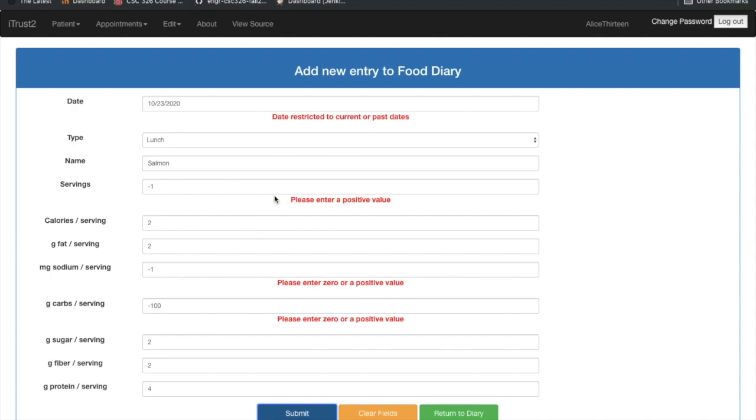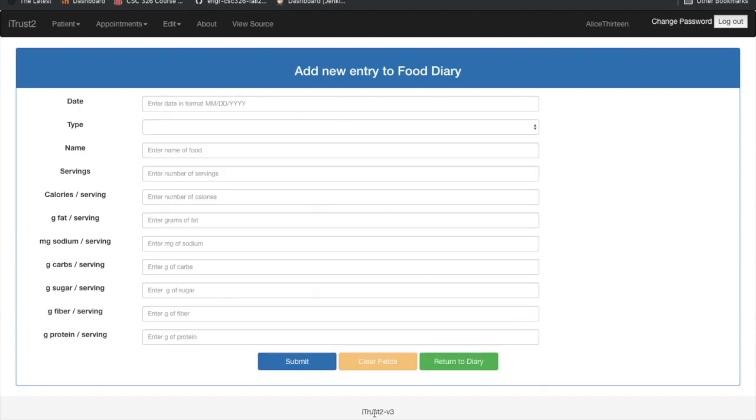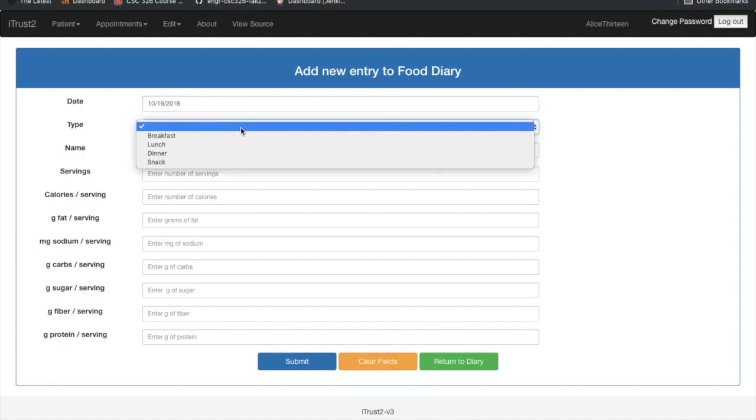We also see that servings must be a positive value, and that sodium must be a 0 or positive value, and the same error is found for carbs. And that same error would exist for any of these fields. So we select to clear the fields, and the form is cleaned, and we enter some valid information, 10/19/2018, which